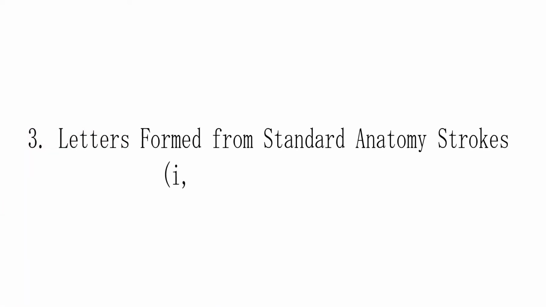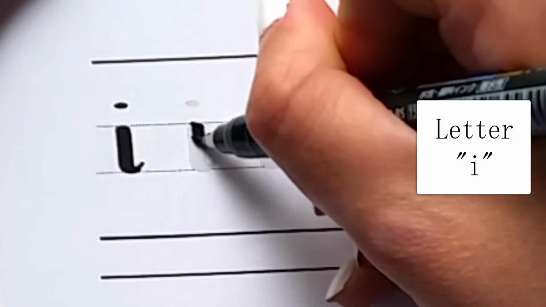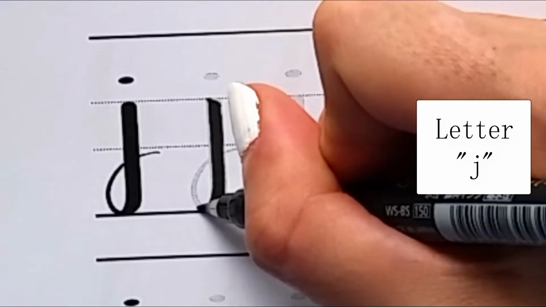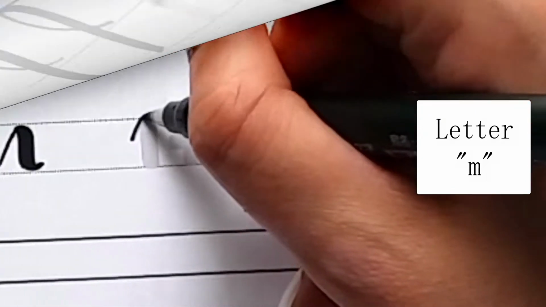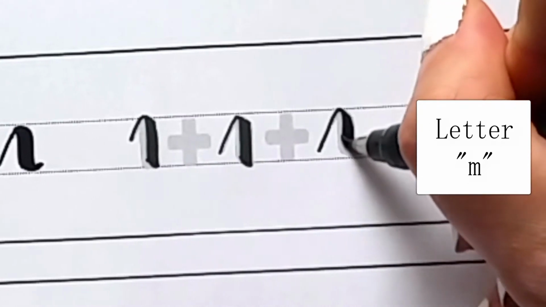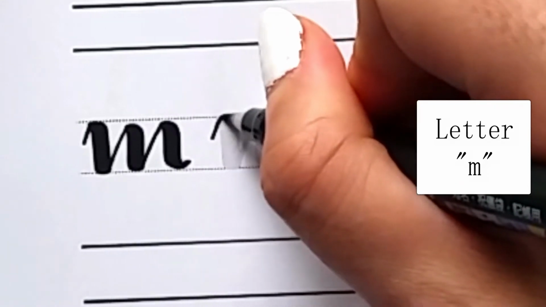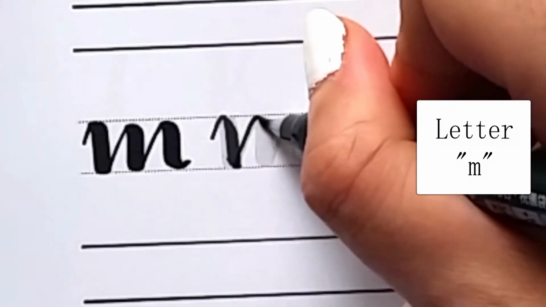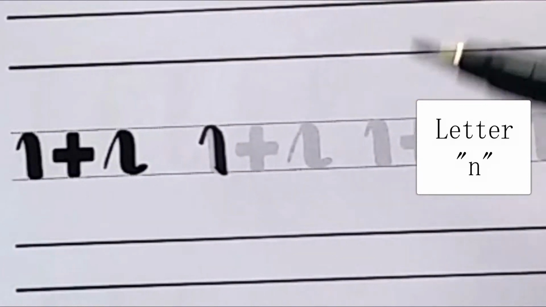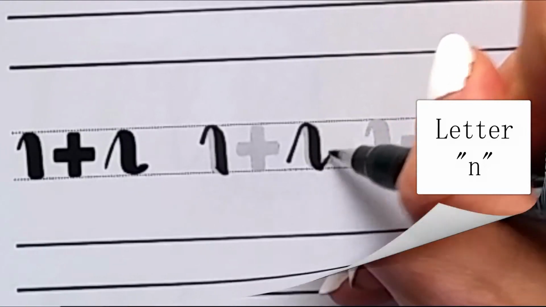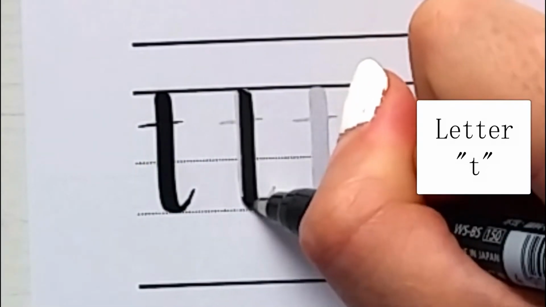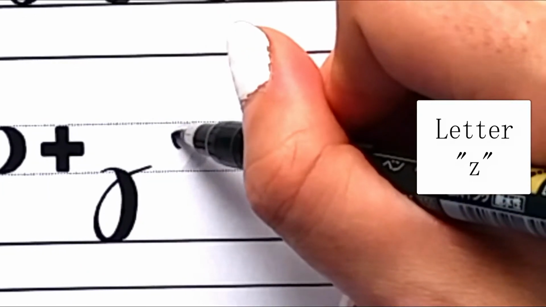Letters formed from standard anatomy strokes: E, J, M, T, Z,